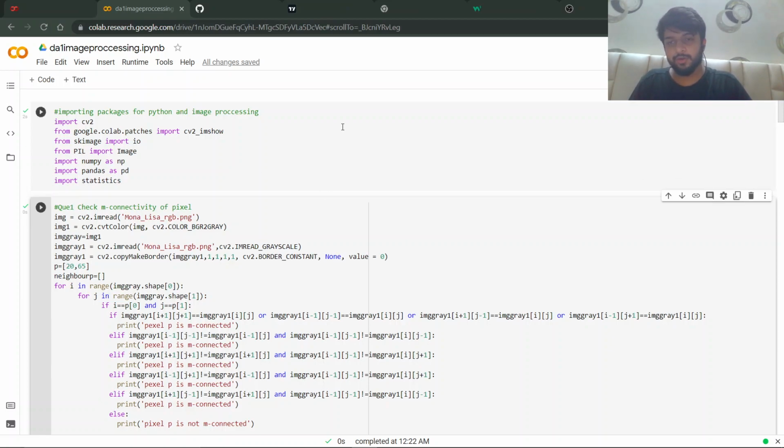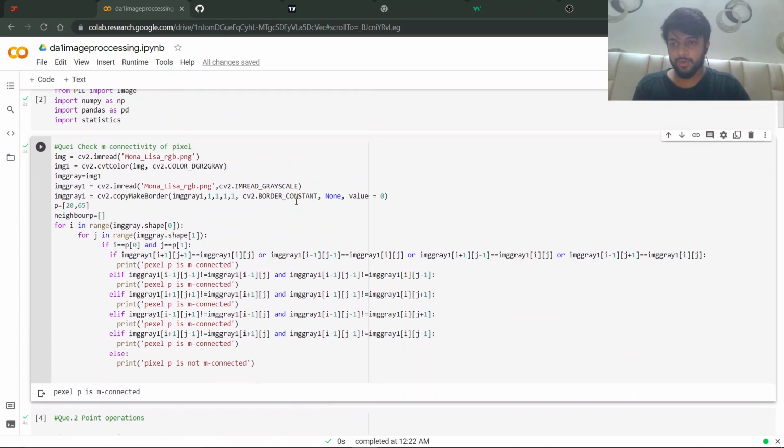So today we are going to discuss image processing functions using OpenCV Python using Google Colab. So let's get started. While using Google Colab, we first have to import a few packages and files to get going, like import cv2, which is used to run image processing commands and all, and others also like that.